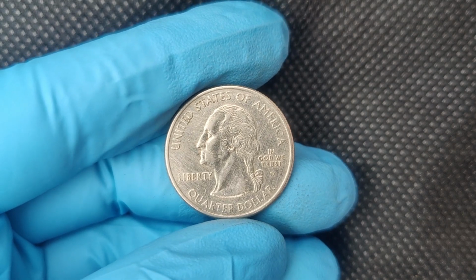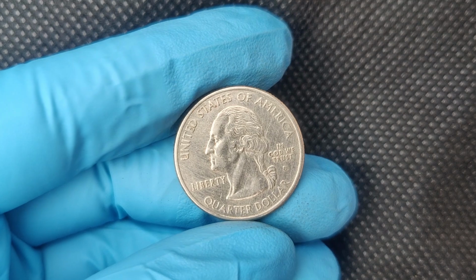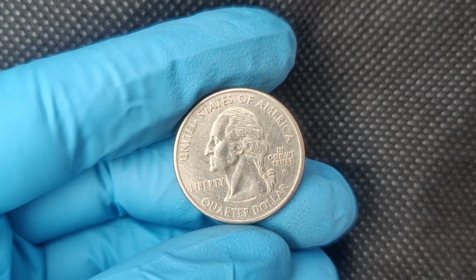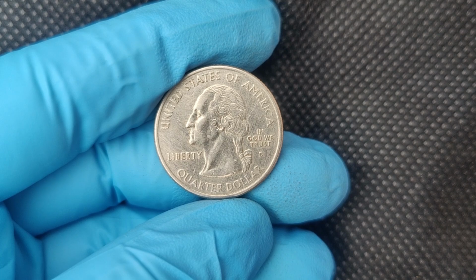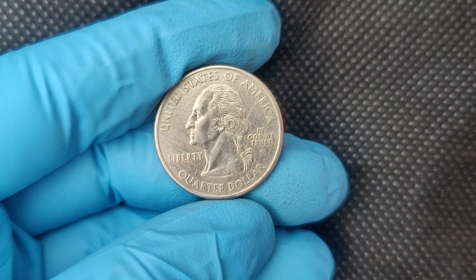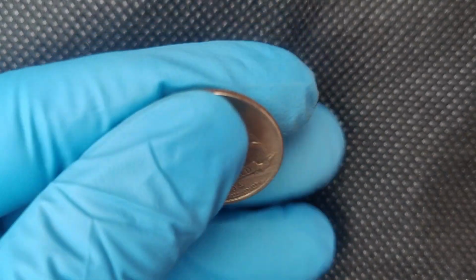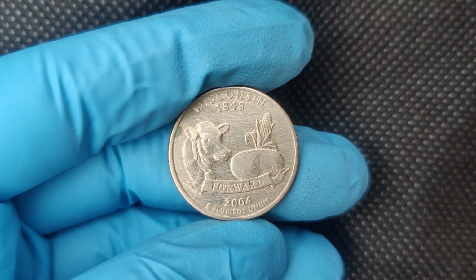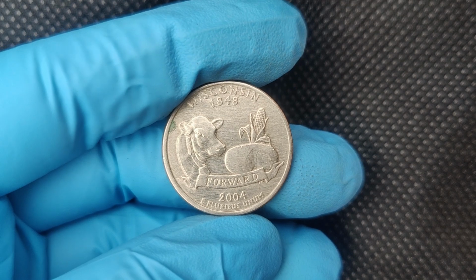As for the current market value, rare 2004 error coins like the double die can still fetch a premium. However, it's important to remember that market prices fluctuate. Just because one coin sold for $2.1 million doesn't mean that every 2004 double die quarter will command that same price. The condition, rarity, and demand for specific coins at the time of sale play a huge role in determining